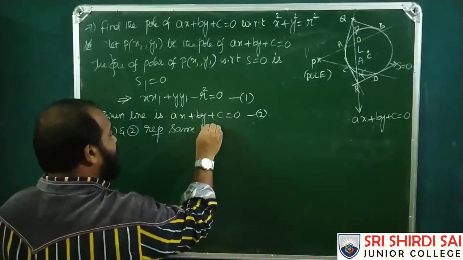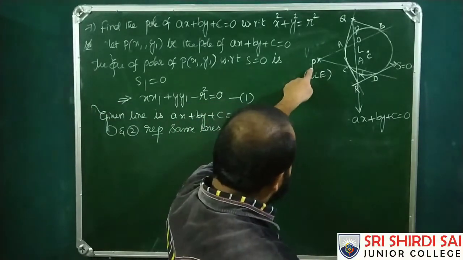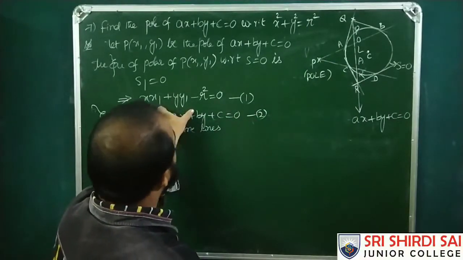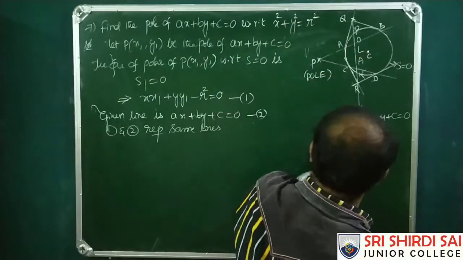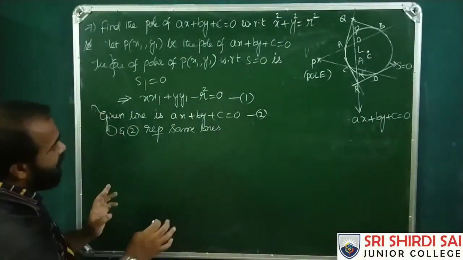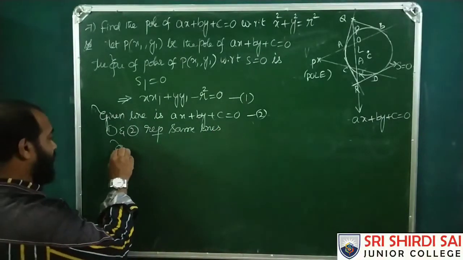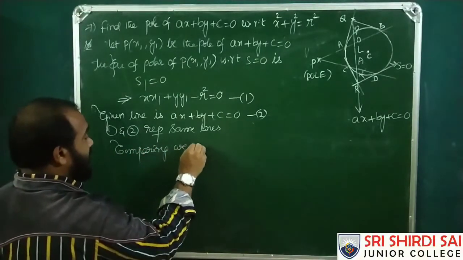1 and 2 represent the same line, because for the point P(x1, y1), S1 equals 0 means this line. According to the question, that line represents ax + by + c = 0. So these two represent the same lines. Whenever the lines are the same, we can compare the coefficients. So comparing, we get